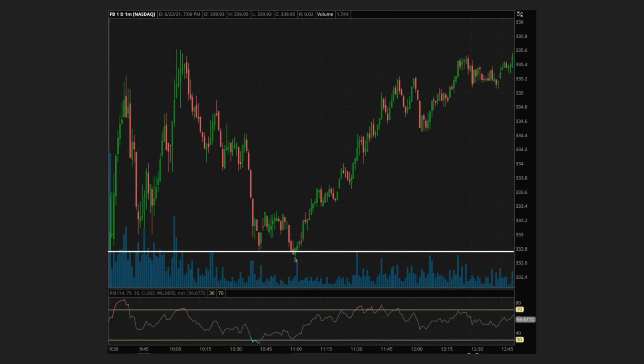level is broken. So on this false breakdown here, when it briefly breaks below that level of support, there's going to be a lot of stop losses that are hit, causing many traders to take a loss on this trade right before it spikes back up and actually has a big run to the upside. So in this case, not only are you missing out on this big run to the upside that does happen, but you're also taking a very unnecessary loss on the trade by not placing your stop loss in the proper